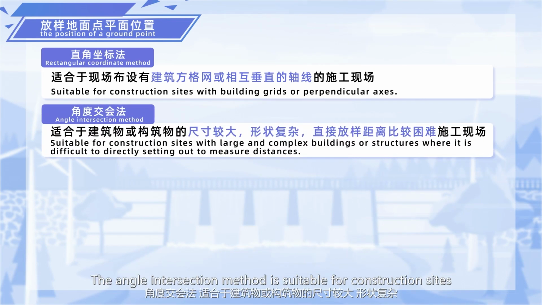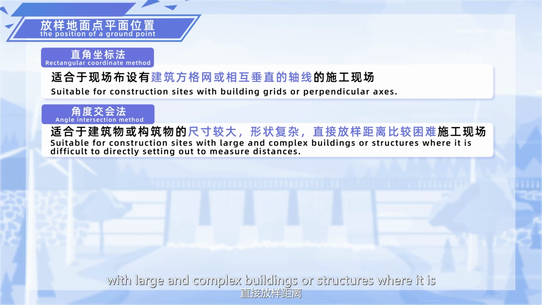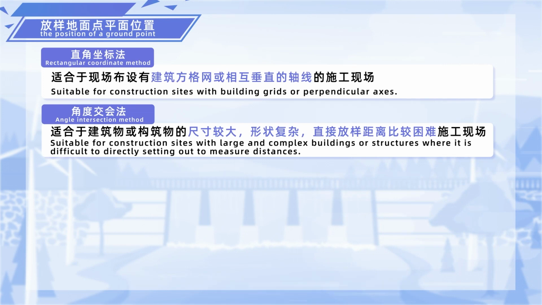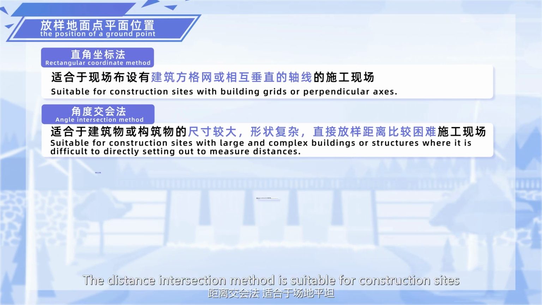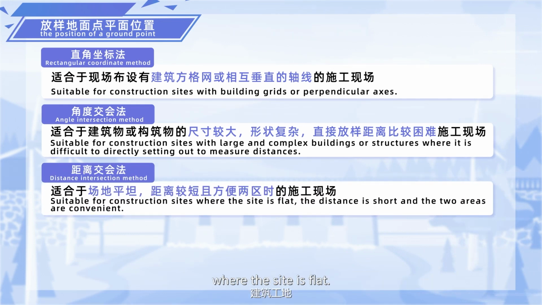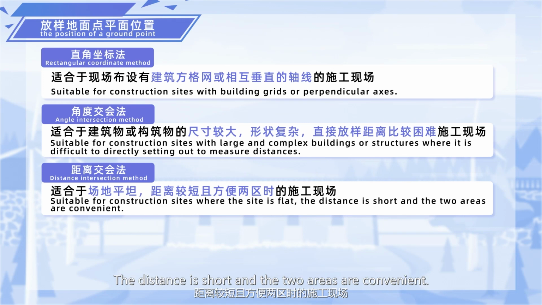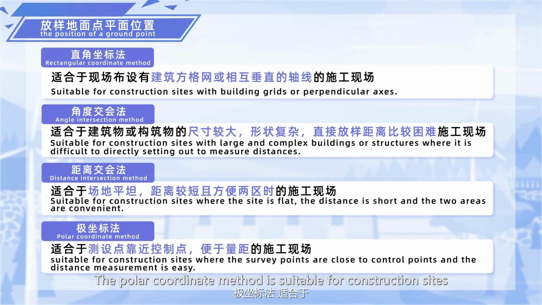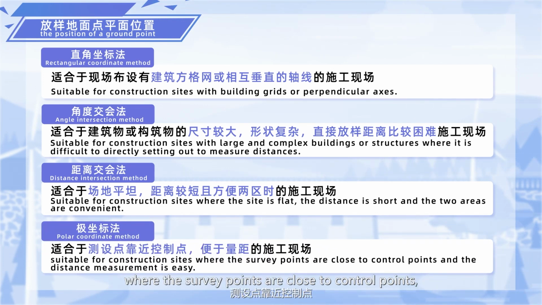The angle intersection method is suitable for construction sites with large and complex buildings or structures where it is difficult to directly measure distances for setting out. The distance intersection method is suitable for construction sites where the site is flat, the distance is short, and the two points are convenient to measure. The polar coordinate method is suitable for construction sites where the survey points are close to control points and the